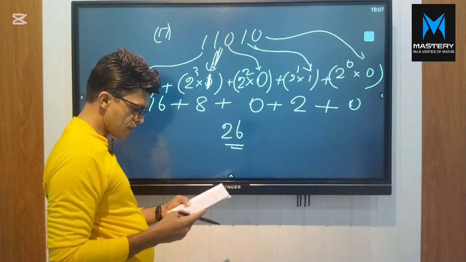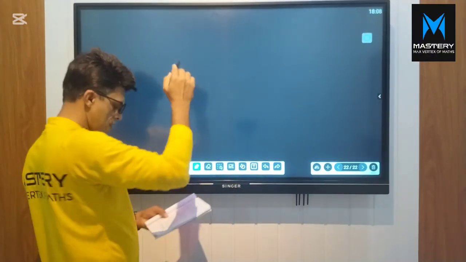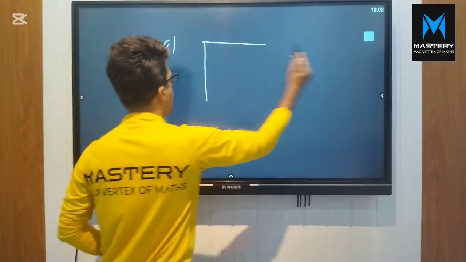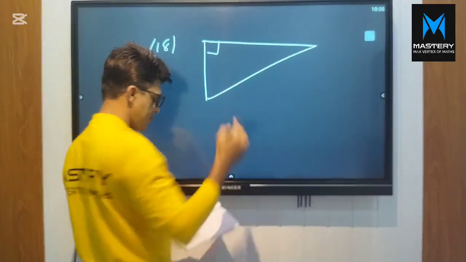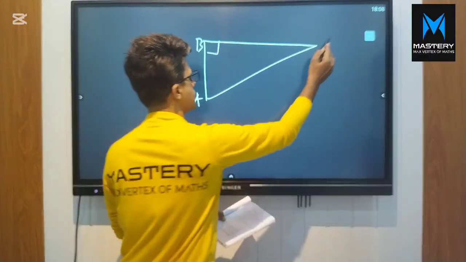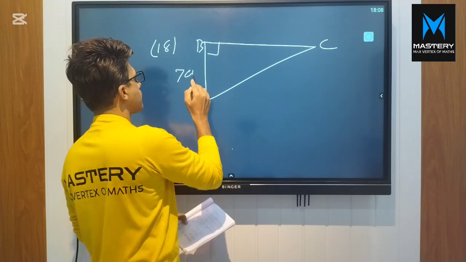The next question is to find the length of AC. This is the 18th question. How can you find the length of AC here? We can use the Pythagoras theorem here, right? Here 7 cm,